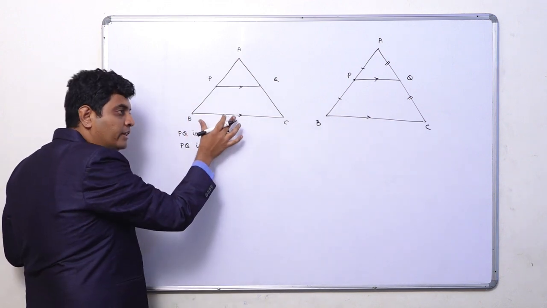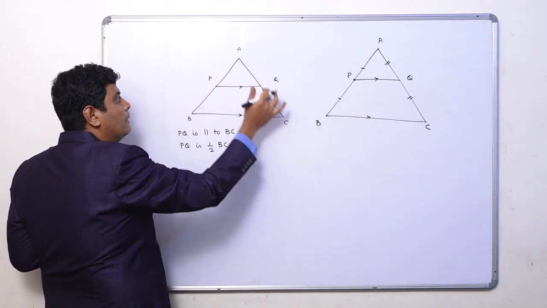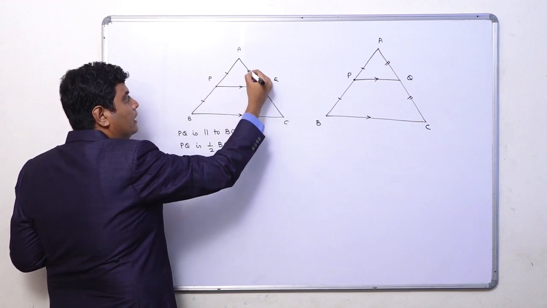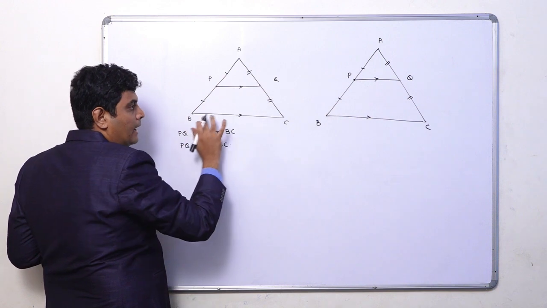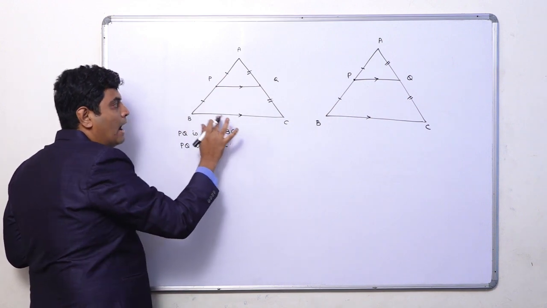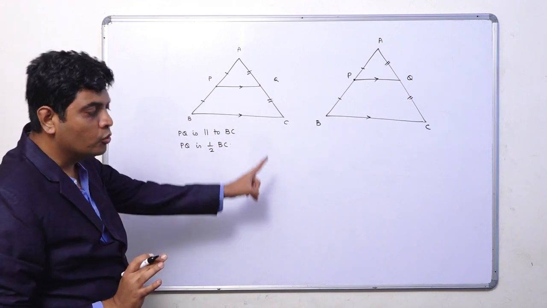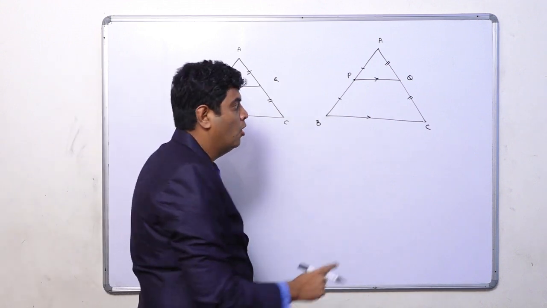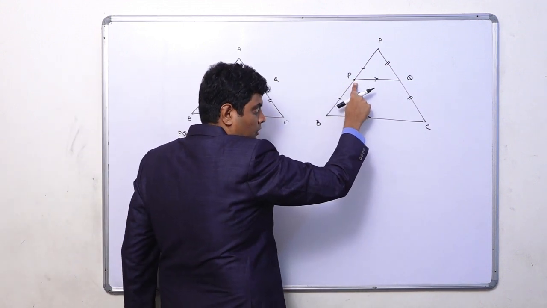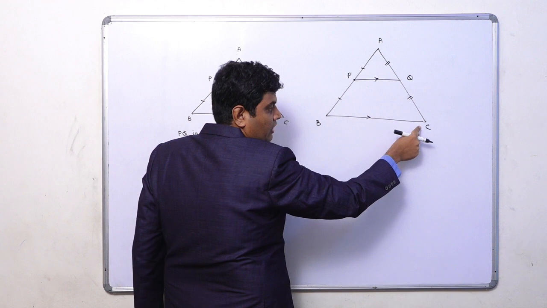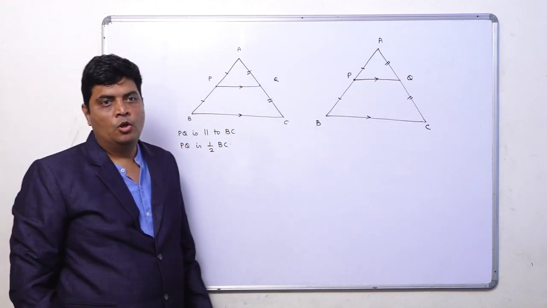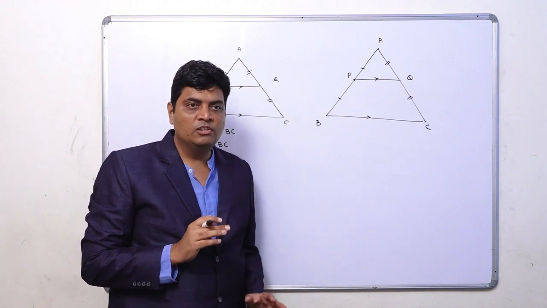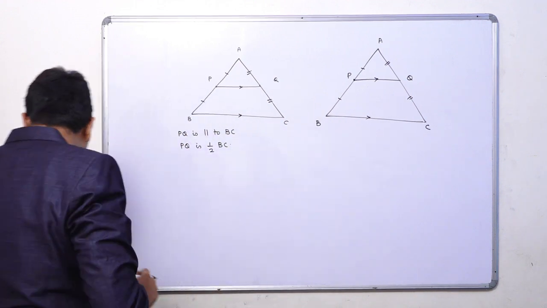So what does the midpoint theorem say? It is given both the midpoints are there, P and Q are midpoints, then PQ is parallel to BC and PQ is half of BC. And what is the converse? In a triangle, one side's P is the midpoint and PQ is parallel to BC, then automatically Q also becomes the midpoint of AC. Based on these two properties, we will be solving the next exercise.